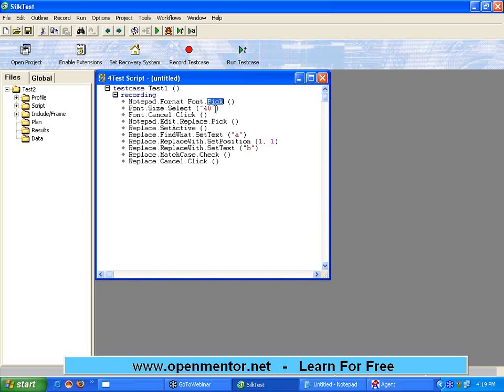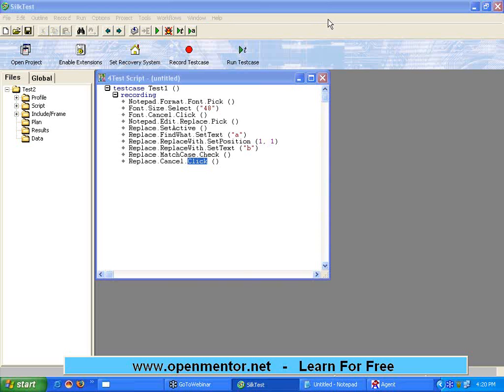The next part is action: picking from the menu, selecting from the list box, clicking the button, set active of the window, right? That means focus the window, set the text, type the text, position your cursor, check the checkbox. You will see check and uncheck, right?